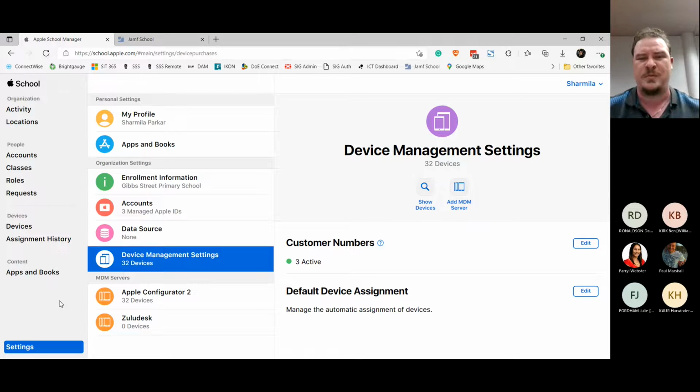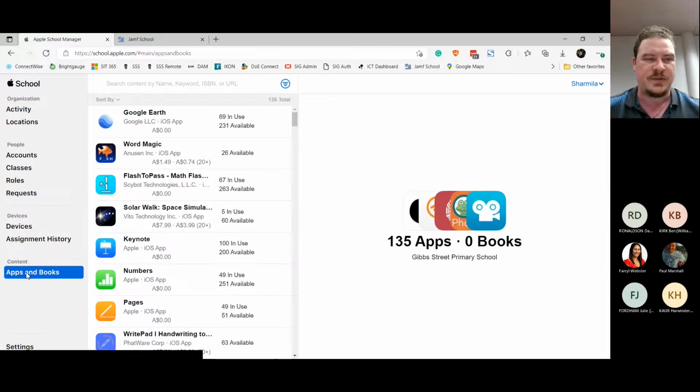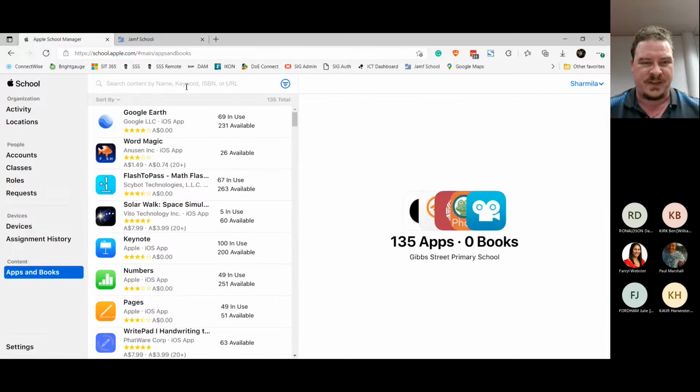So it's a really nice little automated way to not have to configure anything until it hits Jamf, and Jamf can be set up ahead of time so that you don't have to do any configuration on the day that you turn on all the devices. So the other thing that you'll be doing in Apple School Manager will be apps and books,